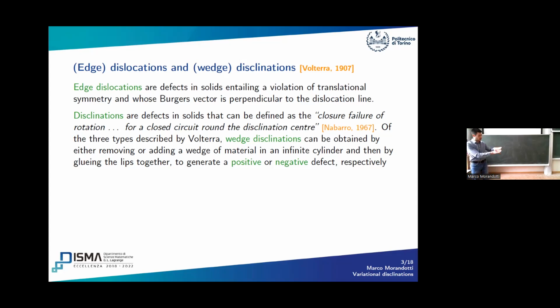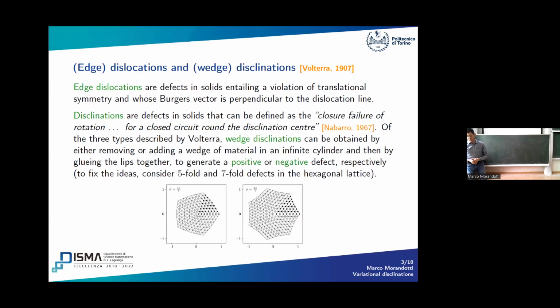So the idea is that you cut your cylinder in some way, and then instead of moving it with a typical translation of the fracture, you move it in this way. Either you overlap two parts, or you open them wide, but in an angular fashion. And then you can generate positive or negative defects in this way.